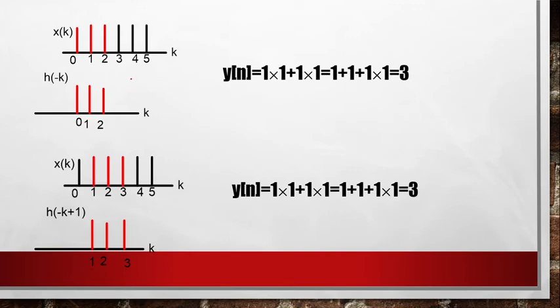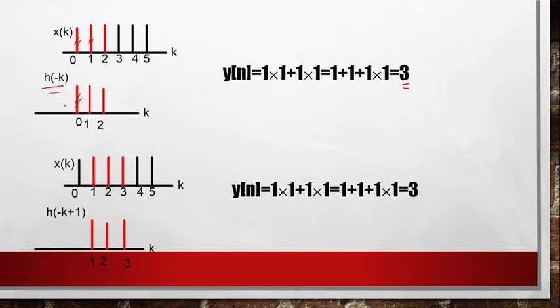Okay, now come to the third case, next case. Here what will the signal be? This signal will now be h of minus k, because initially I have folded the signal and shifted it. I started by shifting the signal by 3 units, then 2 units, then 1 unit. Naturally now the signal will be h k. Now when the signal is h k, we get 3 signals interacting, and finally the output we are getting is equal to 3, right?